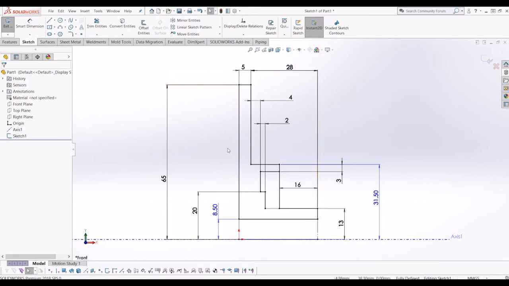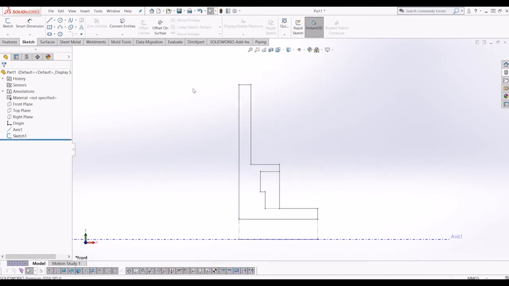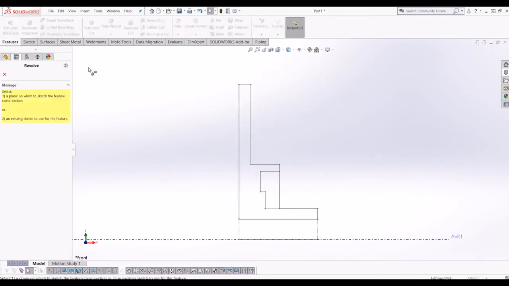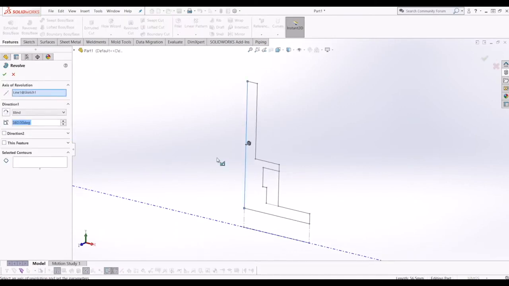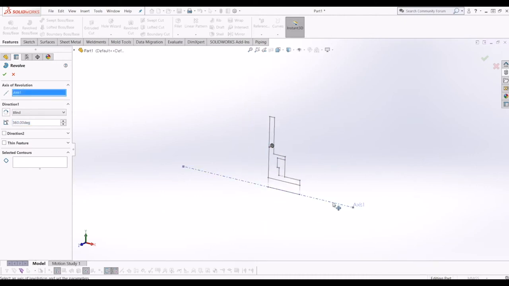So now you've unpaused the video, I'm taking you ready to revolve this shape. This does the majority of the work for your impeller. So I'm going to exit the sketch, go to revolve, and click the sketch. But because I've clicked the sketch, it's actually clicked the line I clicked as the axis of revolution, and that's not what we want. So I'm going to clear that selection, and I'm going to click the axes that I